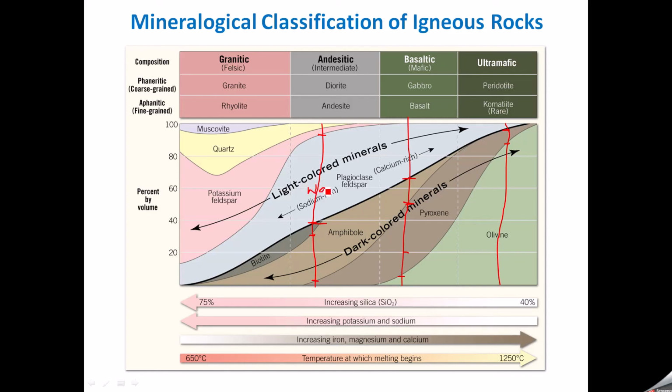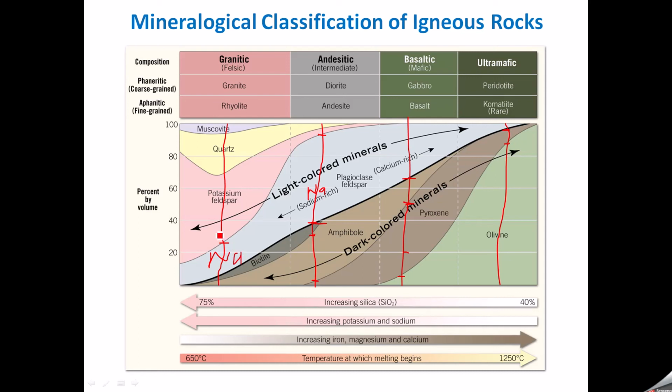Sodium-rich feldspar, like 2% potassium feldspar, and some quartz. But as we go to the granitic rocks, for example, we have a sample of granite. We looked at it, and we'll find out we have like 2% amphibole, and like another 2% biotite, and like 20% sodium-rich